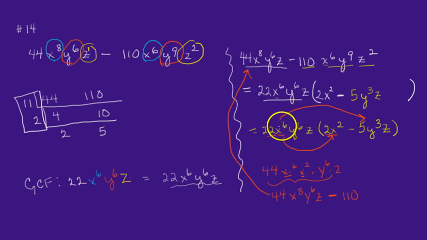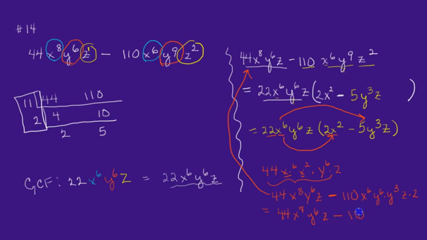And we have x to the 6th, and we have y to the 6th times y cubed. And then we have z times z. Well, that's going to give us, we still have our 44 x to the 8th y to the 6th z